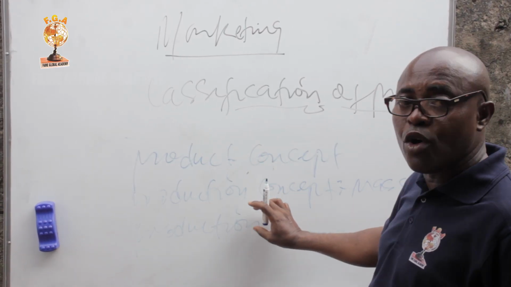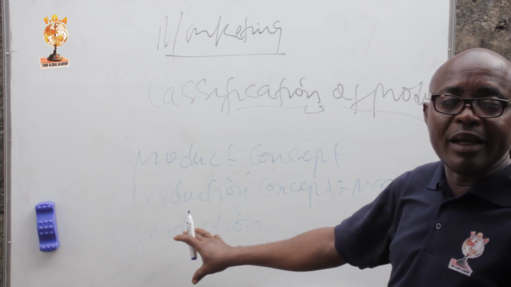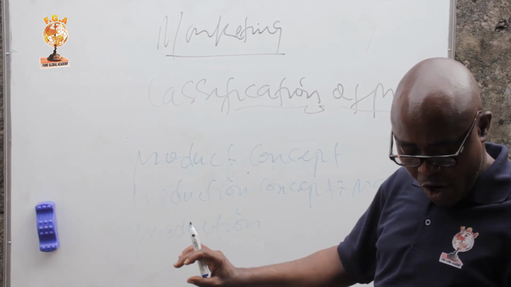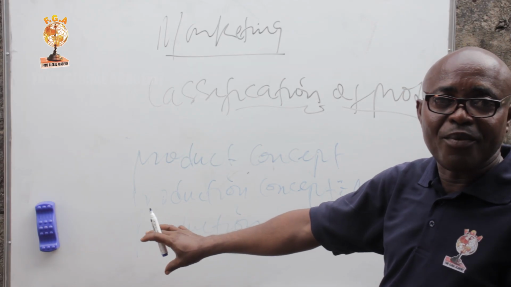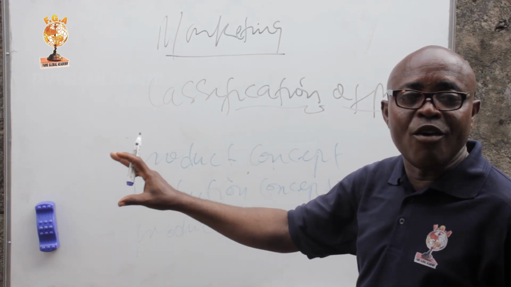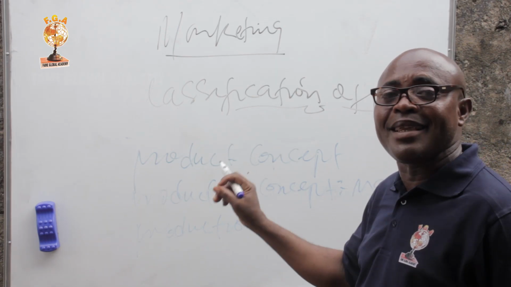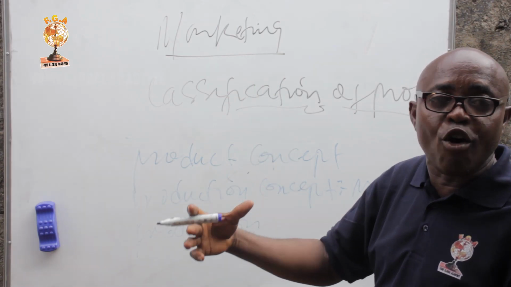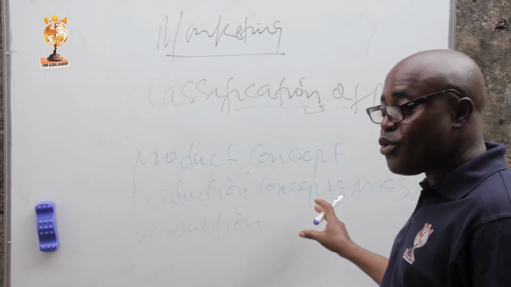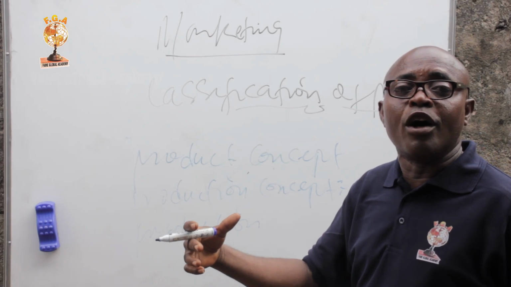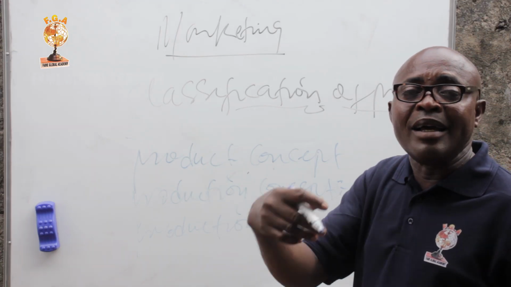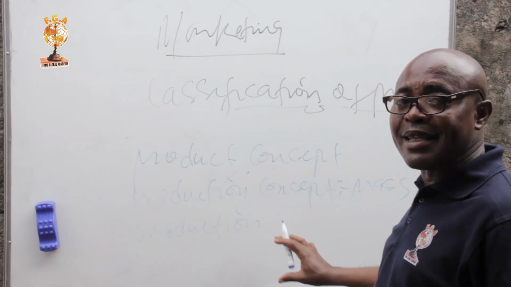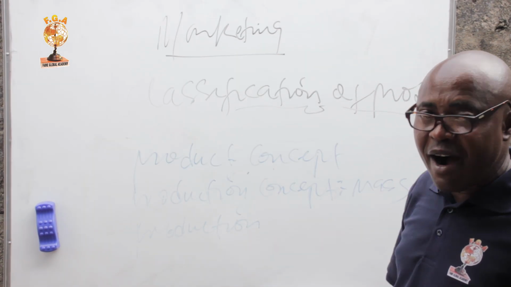Why? Because the other one embarked on mass production. In this mass production, the commodities are of lower prices. So everybody enters the market with their own capacity. There are people who have a high demand for quality items, and you have those that have low demand, or demand that is not on the high side. So these are the two classes of human beings you always find in the market.